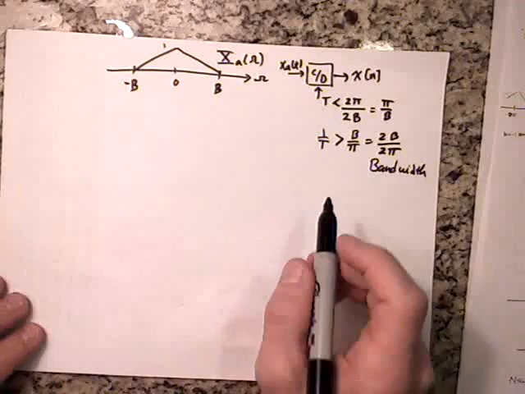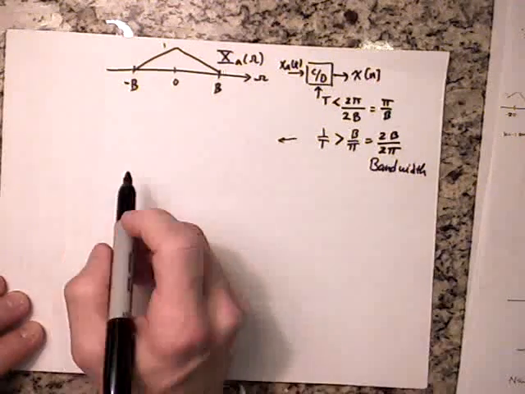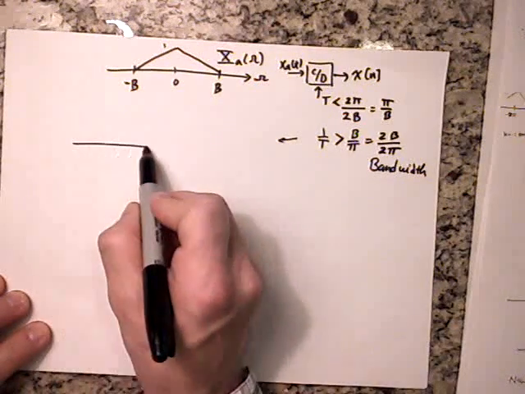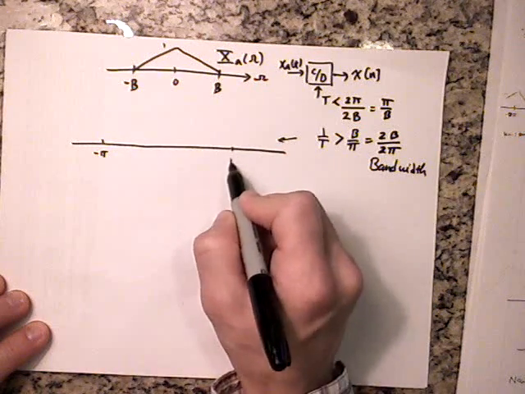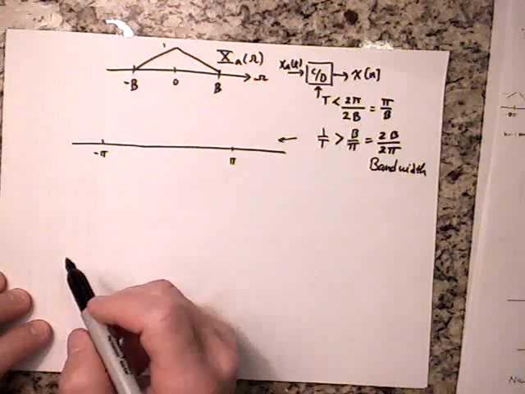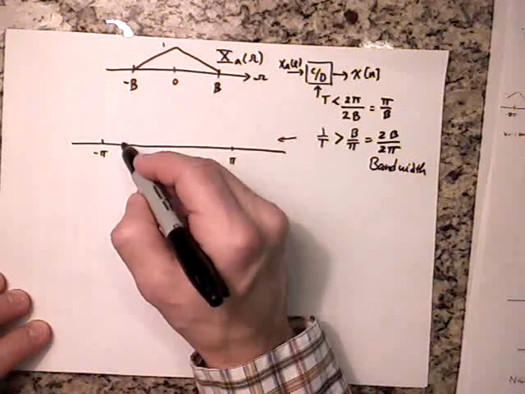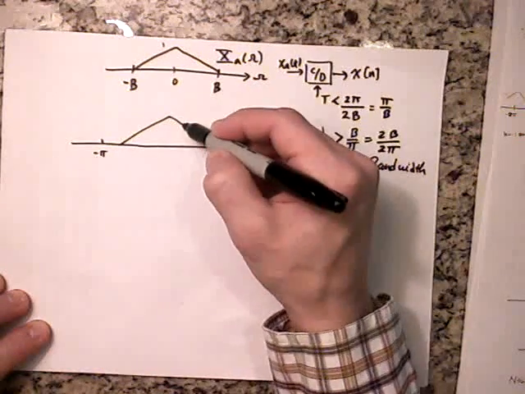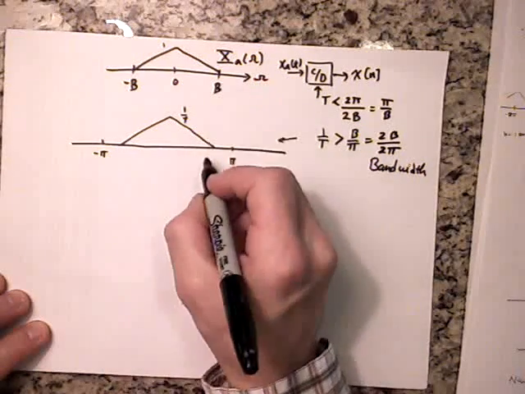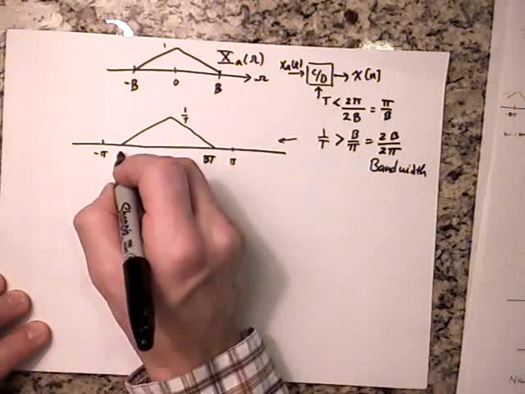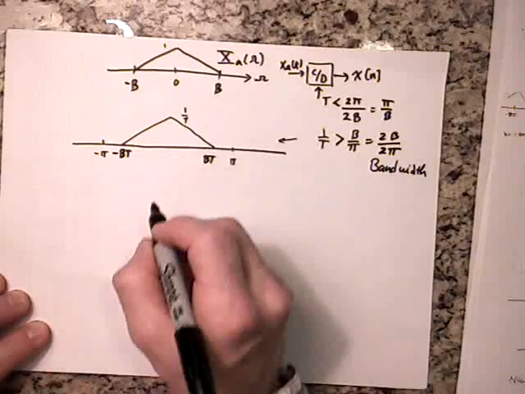Then my simple relation holds that in the range minus pi to pi, x sub a of omega just becomes a scaled version by 1 over t of a stretched version by capital T